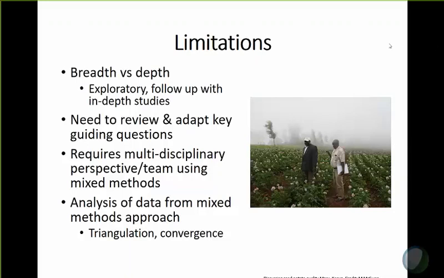And that also highlights a potential challenge, which again, NetSci raised. We need to develop and improve our ways of analyzing data from a mixed methods approach. But that's something that we can work on in the future. So that's just highlighting some of the strengths and limitations, but I think now we can open up to Q&A,